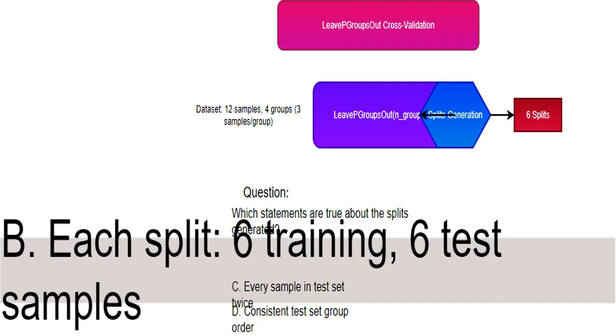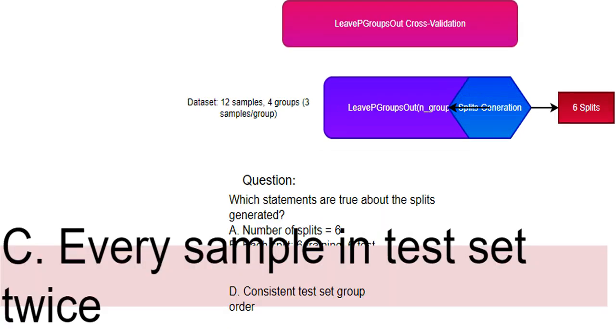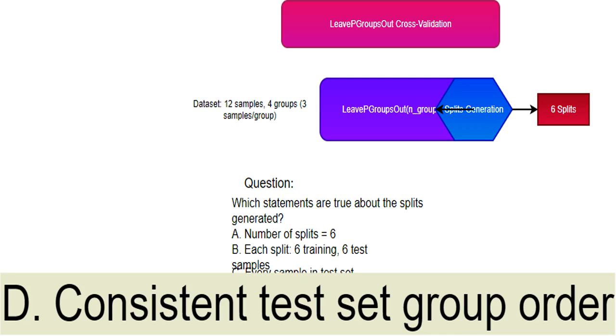This statement says that in each split, I'll have 6 samples for training the model and 6 for testing it. I'll verify this based on the number of groups and samples per group. Let's dive in. Here, the claim is that every single sample in my dataset will appear in the test set exactly twice across all the splits. That's a key point to verify. Statement D claims that the order of the groups left out for testing will be the same across all splits. I need to determine if that's guaranteed by